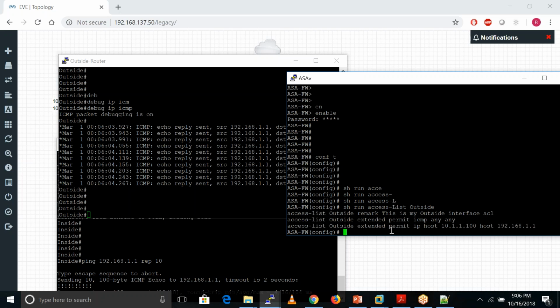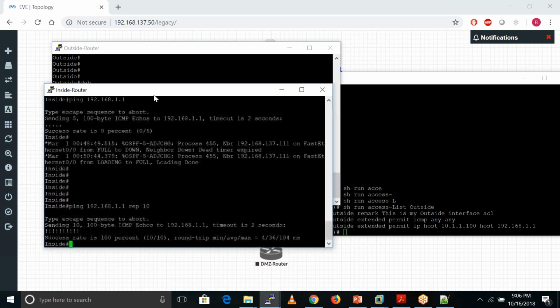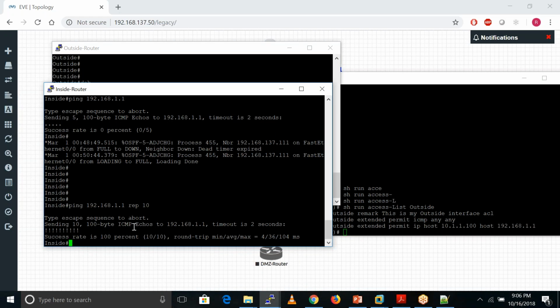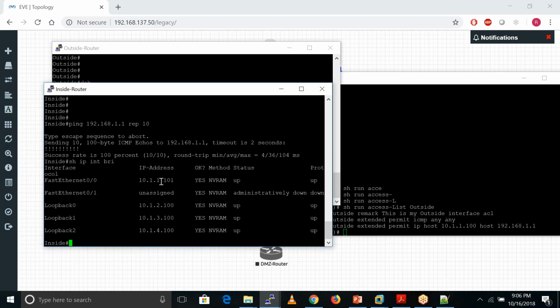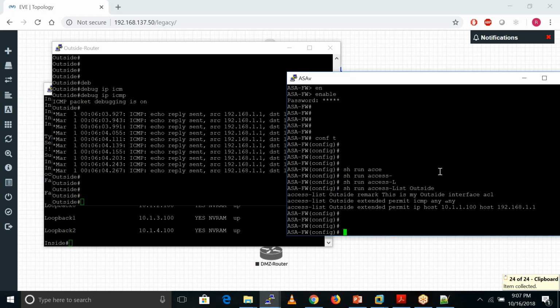Now if you want to block the traffic, let's suppose traffic which is initiated by inside users, okay, this user. So what is the IP address of this user? So IP interface brief, IP address this way, 10.1.1.101. So what I'll do now, what we want is, if any traffic is coming from this guy to the outside users, I want to block that traffic. So how can I block this now?